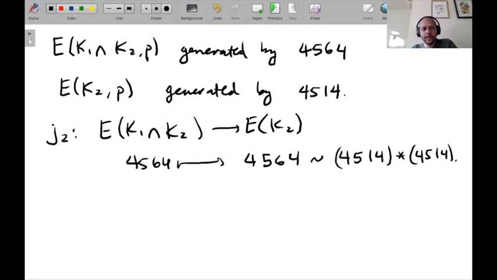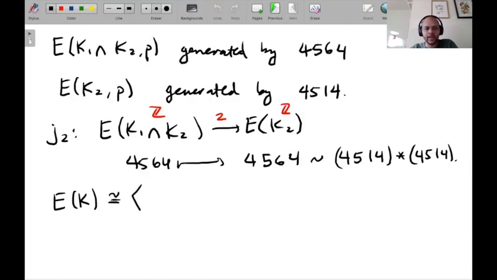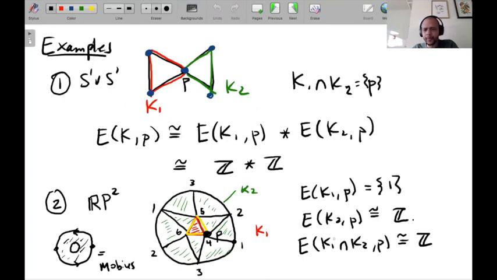Okay, so what you make of this is that this is a map from Z to Z, and it's multiplication by 2. Okay, so that means that the edge group of K is isomorphic to the free product of the edge group of K1 and K2. The edge group of K1 is trivial, so you just have a single generator for the edge group of K2. Let me call it A. And then there's a relation coming from,